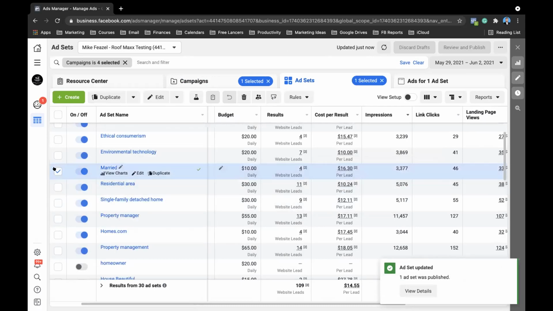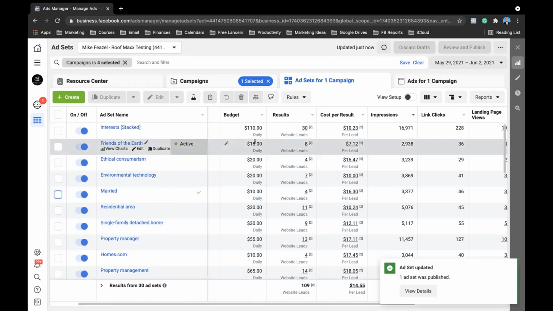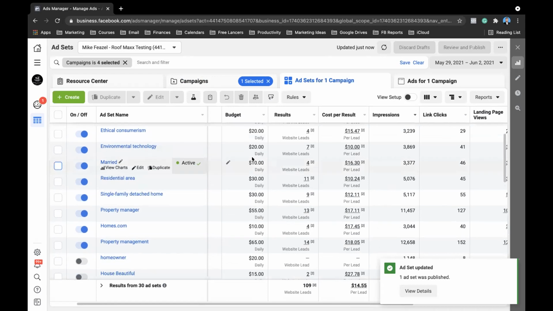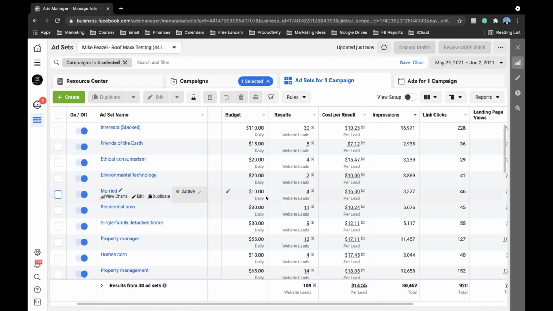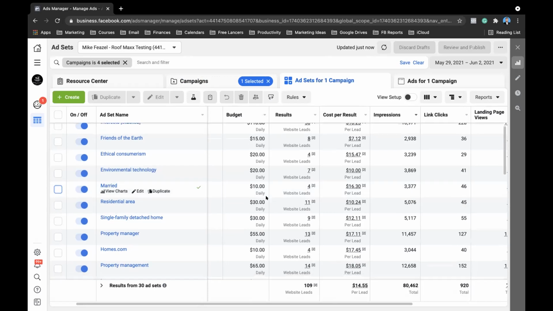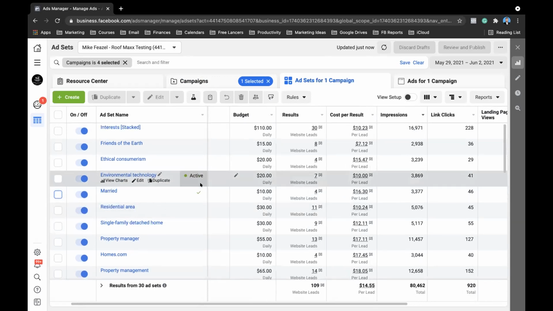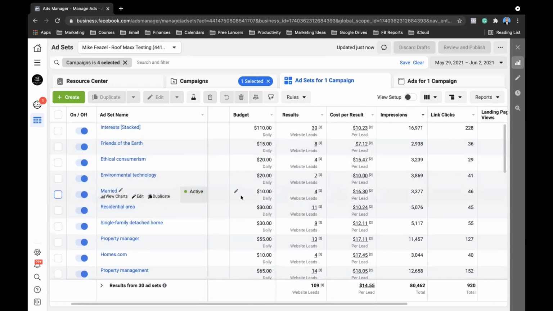So just to increase a couple, like I can probably increase property management and interest stacked. All these rest of these just need to really not move too much further because they're just going to hurt your other campaigns. I mean, your other audiences. Okay. So would there ever be a time where I should just consolidate all of them or no? Yeah, I mean,